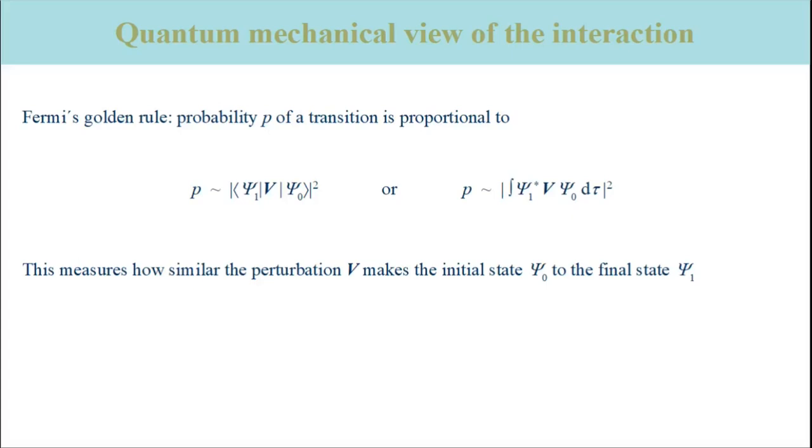The next step is to calculate the probability for a transition between the ground state and the first excited state. This will give us both selection rules that apply to the absorption of infrared light. The first part of this section will be quite general and also apply to the transitions observed in UV visible spectroscopy. I will use the Dirac notation here, where the states are represented by vectors because I find it more